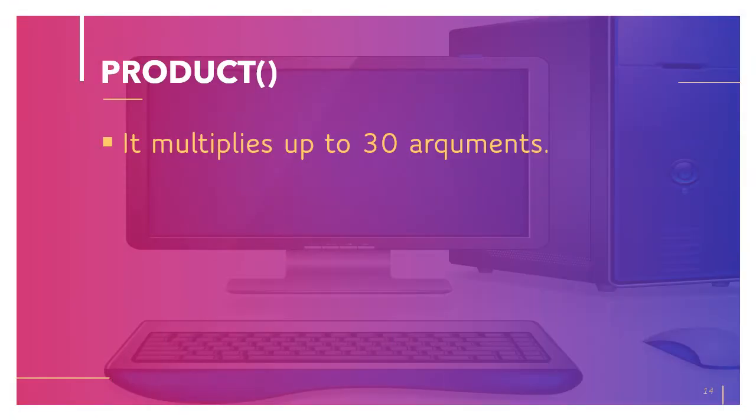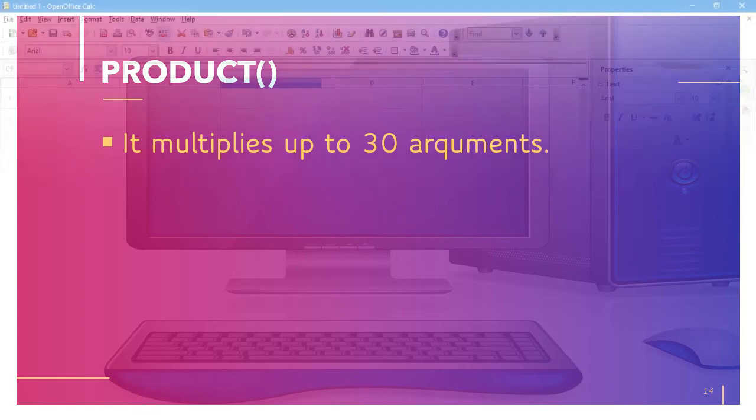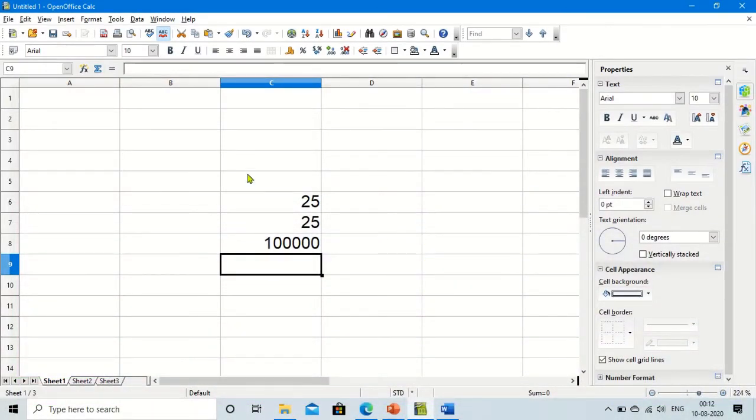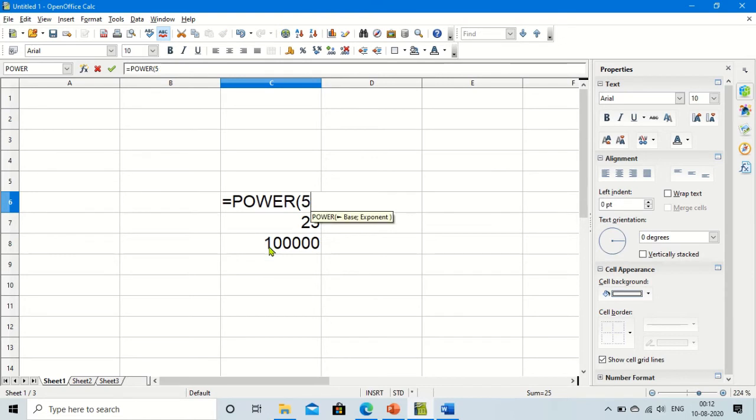Product. It multiplies up to 30 arguments, means it is used to multiply the given parameters, and the number of parameters maximum should be 30. Let us see practically. See here how to multiply this.